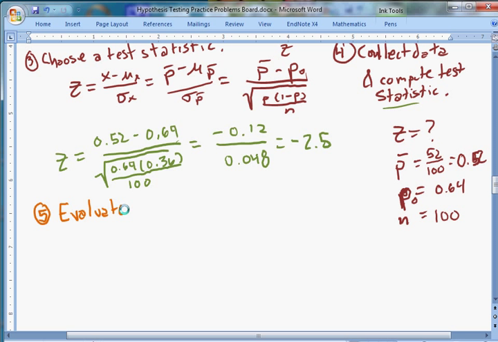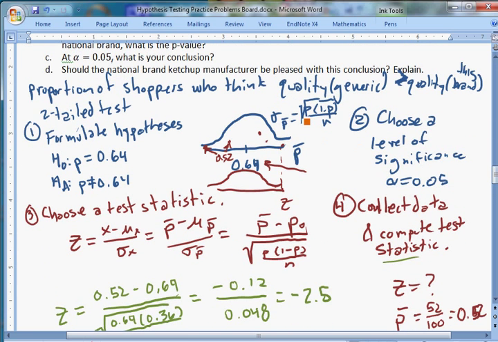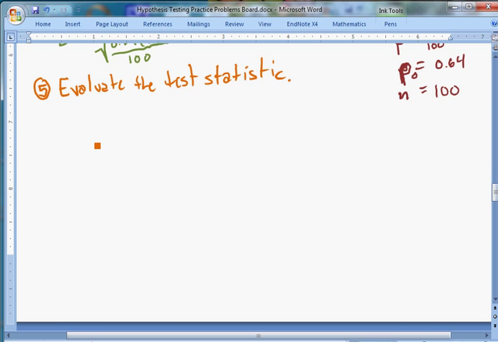And here it matters what kind of test we're using. To calculate the p-value, we don't need our alpha yet, but we would need to know what kind of test it is. So in our little diagram I drew up here, what this says is, well, if we have z, which has a mean of 0, and it's a standard normal distribution, then 0.52 falls over here at negative 2.5. Okay, I'm going to redraw that standard normal